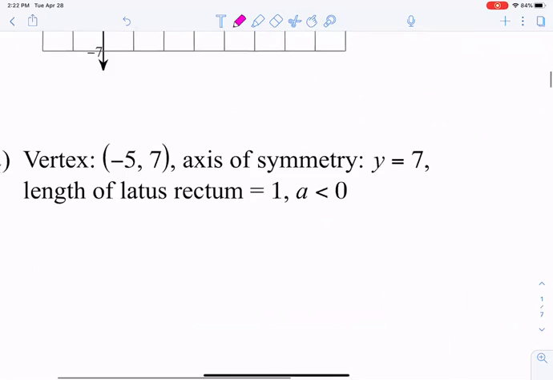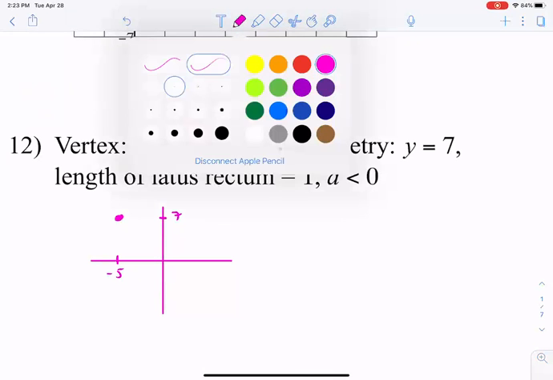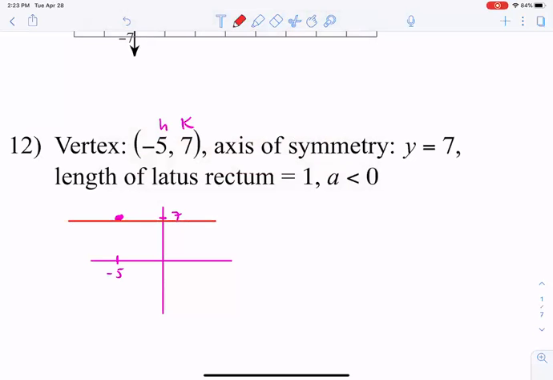So they give you the vertex (h, k), and so you need to graph this, right? That's the easier way to solve these problems. The vertex is (-5, 7), around here somewhere. And what we need to do is, they're saying that the axis of symmetry is y equals 7. So this is the axis of symmetry. And what the axis of symmetry does is basically fold the curves of the parabola